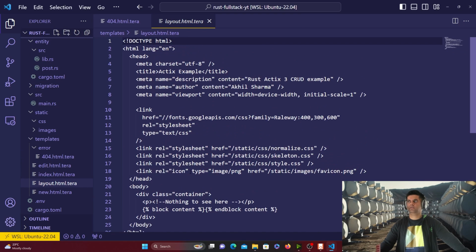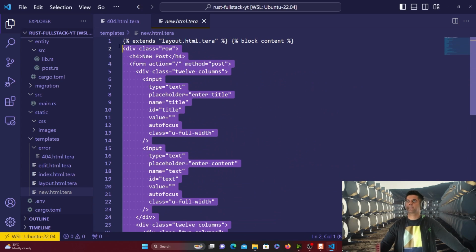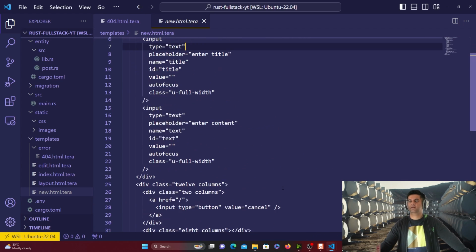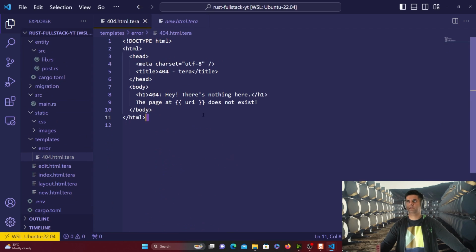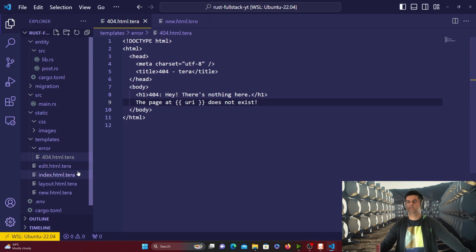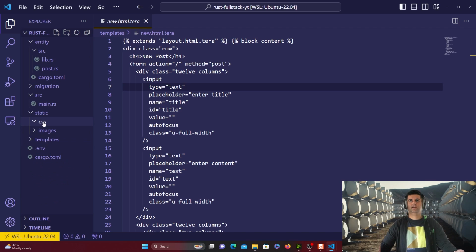Then you have your layout page, and then you have the new page, which is the page that renders when you create a new post, and these are the pages that we are rendering in our routes when we're writing the business logic. And also we have a small page for the 404 error. If that particular route is not found, you'll get a 404 error. These are our templates, and we just need a little bit of CSS in our project,